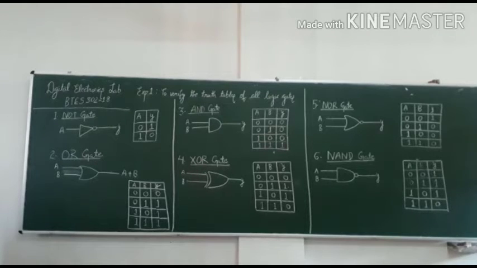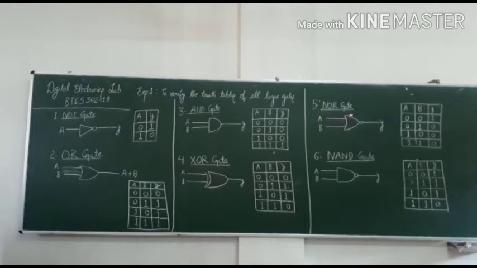Next is the XOR gate. It will produce the output 1 when we have different input values, and will produce 0 when we have same input values, either 0 0 or 1 1, as given in this truth table of XOR. At A is 0 and B is 0, Y is 0, and even at A is 1 and B is 1, Y is also 0. So next, when we have different inputs, A is 0 and B is 1, Y is 1, and again if A is 1 and B is 0, Y is 1.